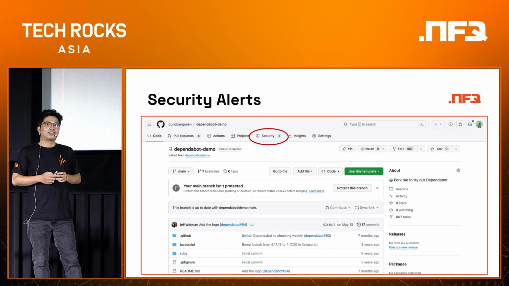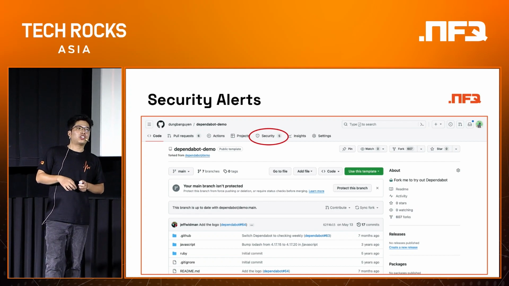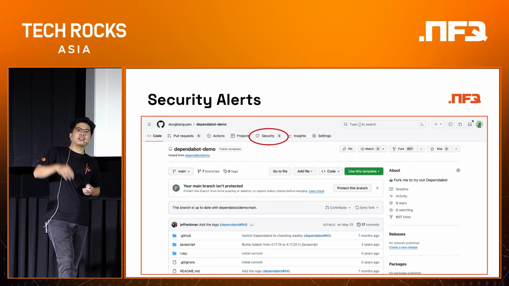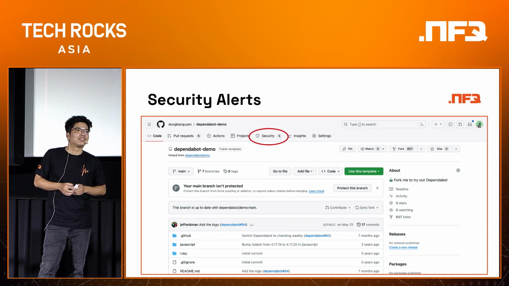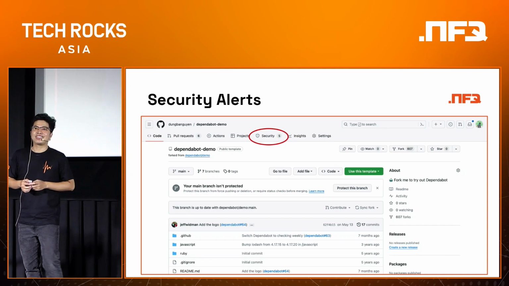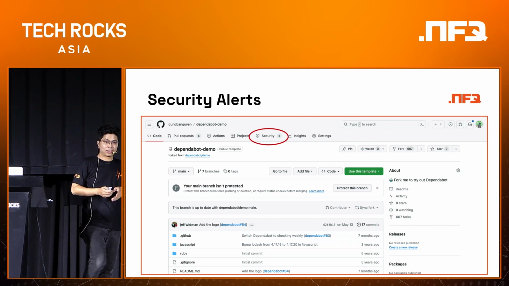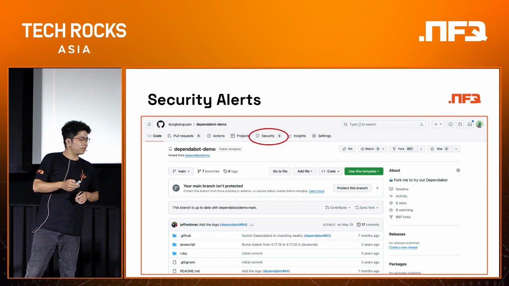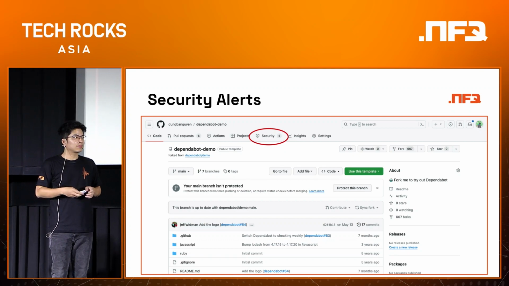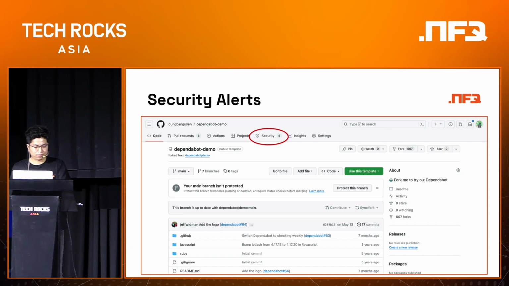Anyone else have any question for Dung here? Or you can just share your experience with Dependabot. Anyone using Dependabot already? No? Okay. All right. So if we do not have any more questions, thank you, Dung, for your awesome presentation. Thank you. So we will have around 10